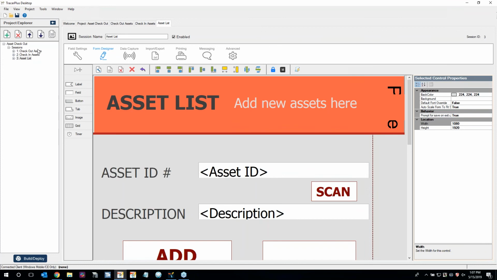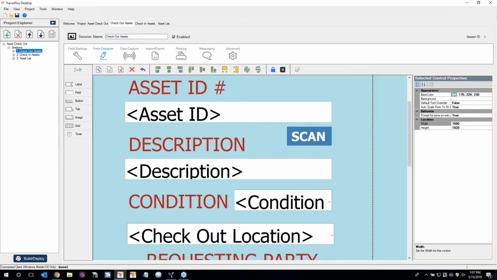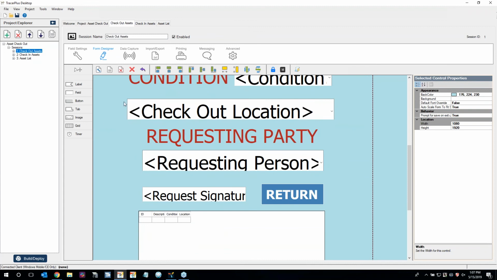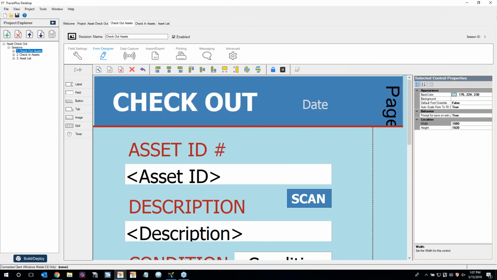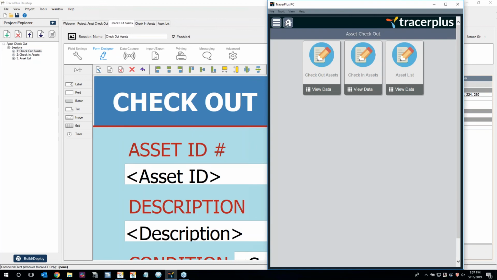So our application has pretty much been gone over, and I'll reference this a little bit more as we do some of the actual checking in and checking out, but let's deploy this now. So as I mentioned, instead of using a mobile device to run this application, as some of you may be used to, I'm actually going to use one of our new applications called TracerPlus PC. And that's this here, where you can actually run the application instead of on a mobile device directly on your